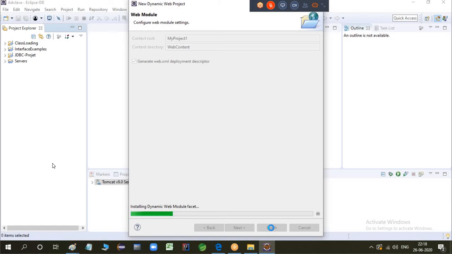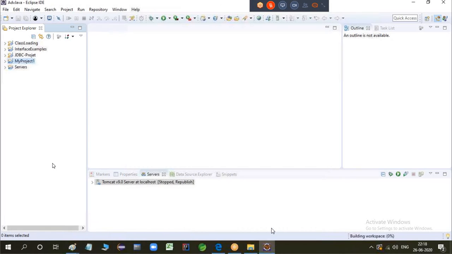Okay, so it will create a project, a dynamic web project, where you will find so many things. All right, so my project is ready here. You can see the symbol is different here now. These are the Java projects. This is a web project. If you expand this, there are so many things available here. If you get confused, don't